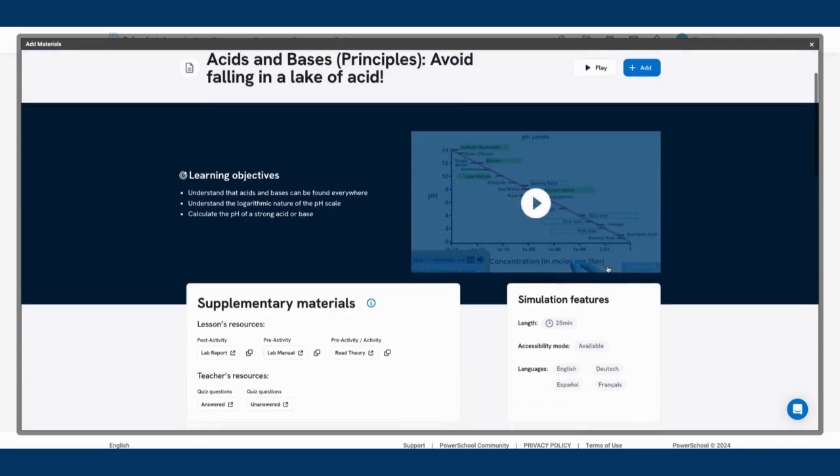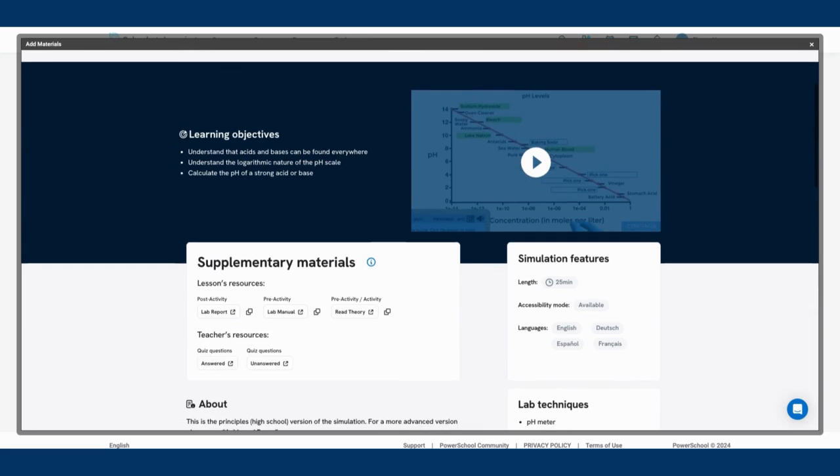Each simulation comes with its own lab report, lab manual, read theory, and answered and unanswered copy of the quiz questions. These questions are the questions that students are asked throughout the duration of the simulation. The lab report is a resource that is the same for every simulation, and many teachers like to assign the lab report after a student completes a simulation, and the lab manual is specific to each simulation, and it's kind